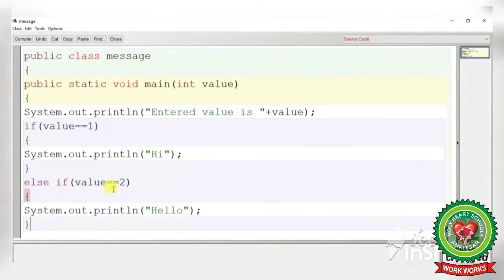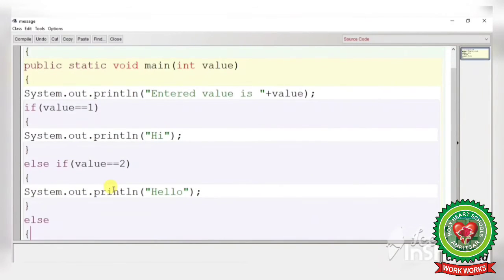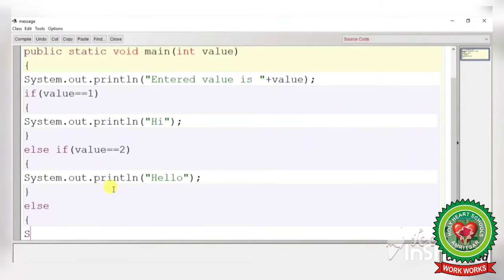Now close the curly braces, and at the end, if both conditions are not matching, then it will check the else part, and there is no condition in the else part. In the else part we will write only a statement, and the else statement will be executed.